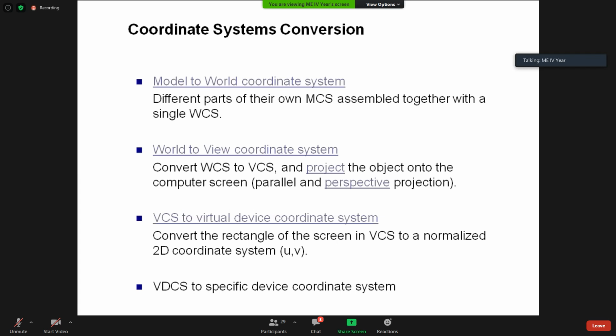It can be used only for civil and architectural drawing, where perspective projection is useful. Then converting VCS to the virtual device coordinate system is basically not in use. We don't use it, only these two we will use. Forget about the other one.